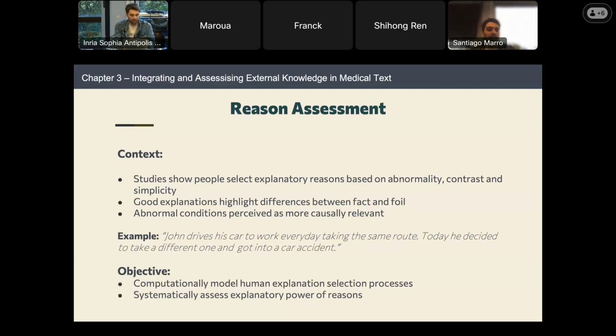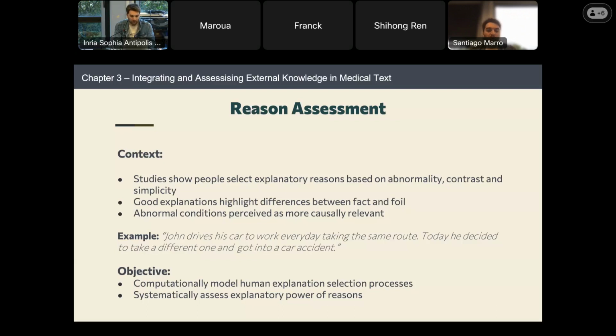And when I say all of the possible reasons, I'm saying that it could also be that, for example, someone didn't sleep well, so he was sleepy, or that someone was drunk driving and crashed into him. So there are infinite possible reasons to explain everything. And typically we do not use all of them, and we are not exhaustive, or at least if you want to have a good explanation, we do not do that. We do this reason selection methodology to provide a good explanation, a simpler explanation, let's say.